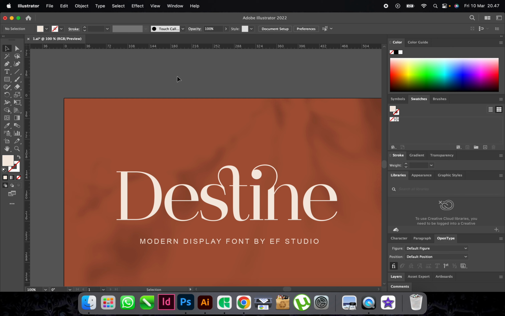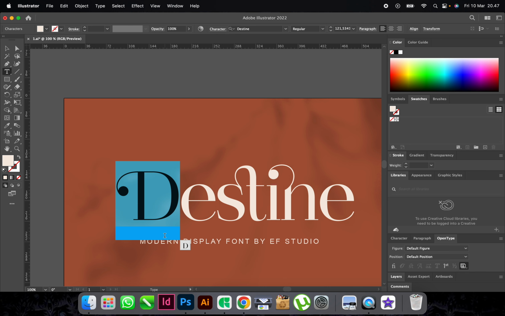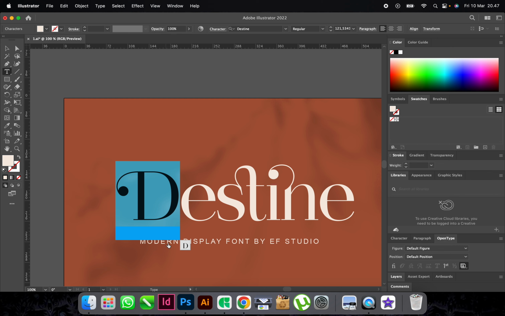Hi guys, for this time I want to show you how to use alternates in Adobe Photoshop and Adobe Illustrator. For the first, in Adobe Illustrator, you can highlight the letters like this, and then you can see the drop down icon here. You can change your normal letters into alternates, but if you cannot do this, you can access your alternates on